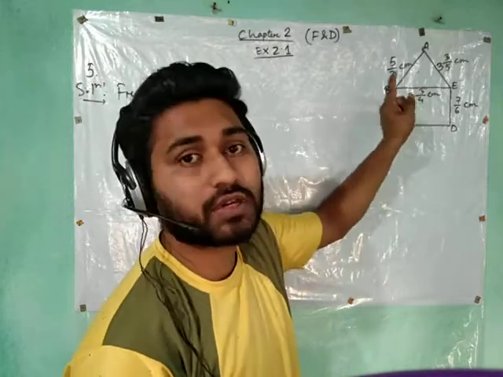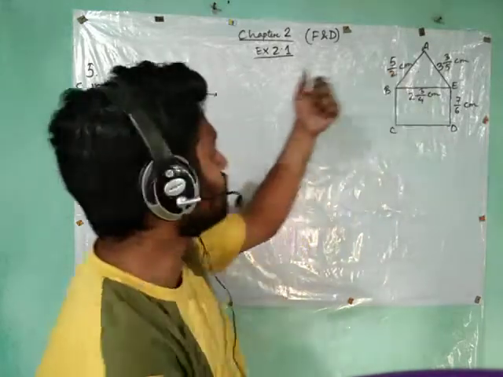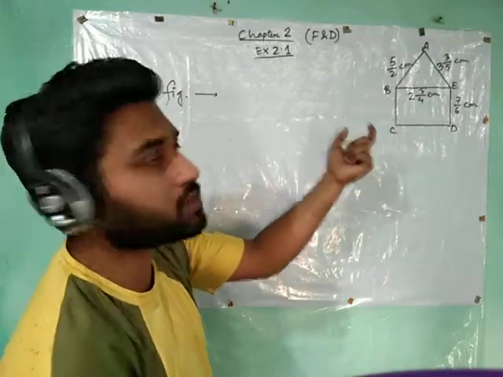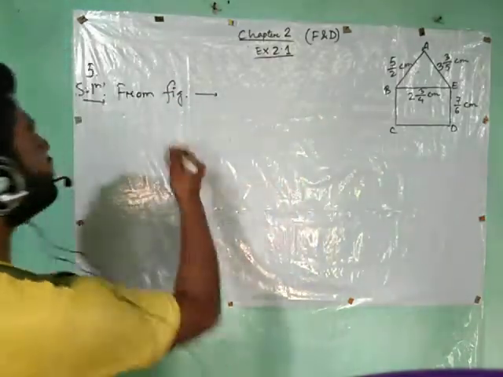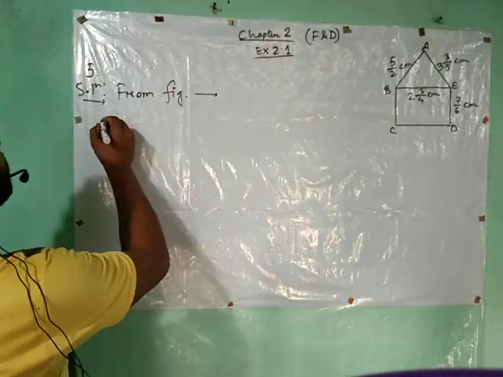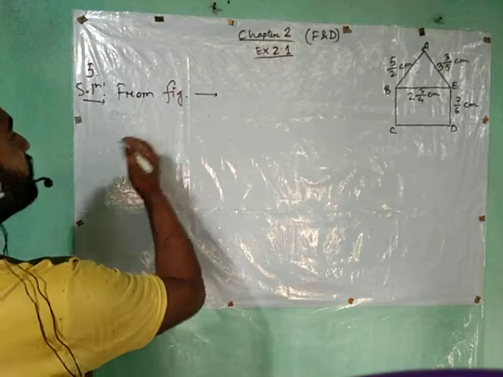So you are getting a figure and you take the information from the figure. So you will write here: from figure. Now from figure what are you getting? First of all, you are getting